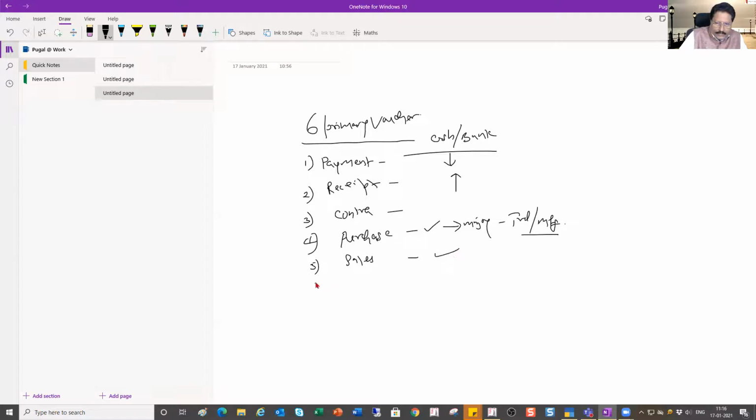Okay. Then the sixth one that you have is the journal voucher. So why do we use this journal voucher? Because we already have payment voucher, receipt voucher, and contra voucher individually, so why do you need a journal voucher? Journal voucher is ideally used for two kinds of transactions, and one kind is basically the